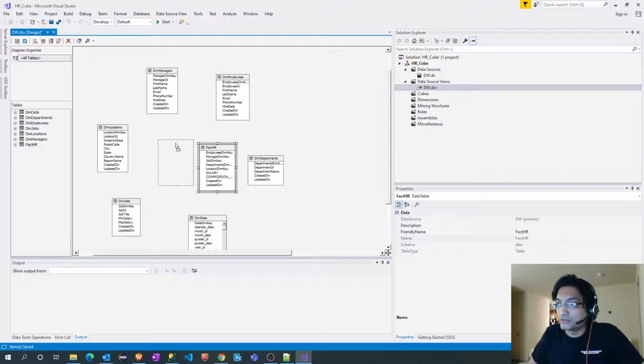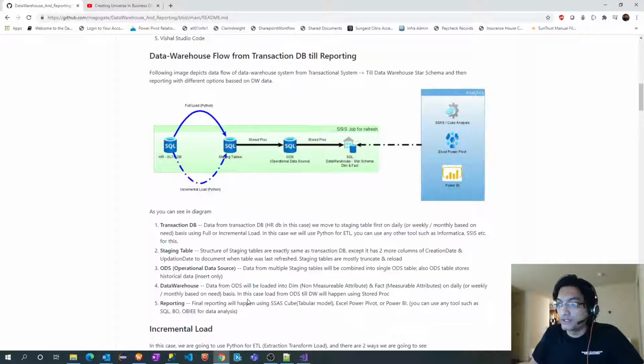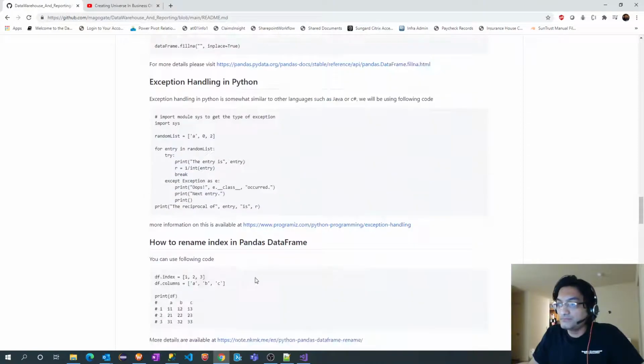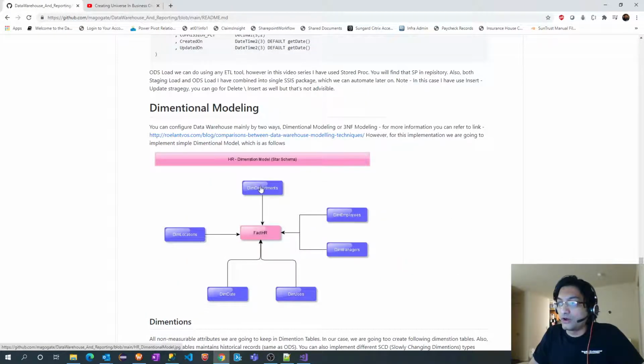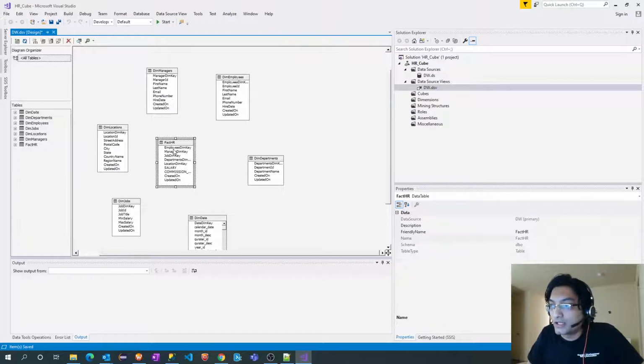If I go back to my documentation, as you can see here, surrogate keys from each and every dimension go into the fact table. So the employee dimension key will have a relationship with the employees key over here. I will drag this.